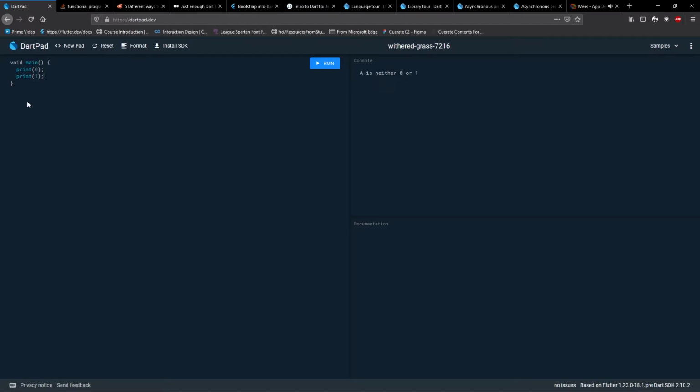Now what if I have to print numbers from 0 to 100? I can't do 100 print statements, right? So that is where loops come in. What loops do is they run iteratively. They keep circling until they fail a condition. So let's demonstrate this with an example.